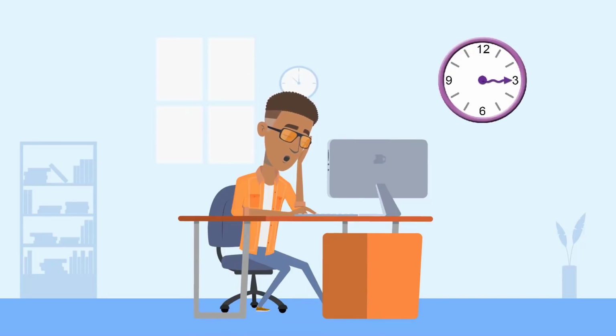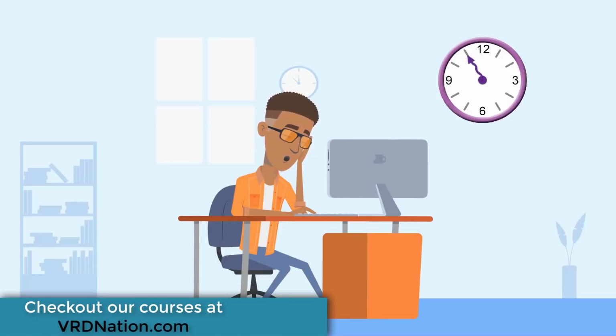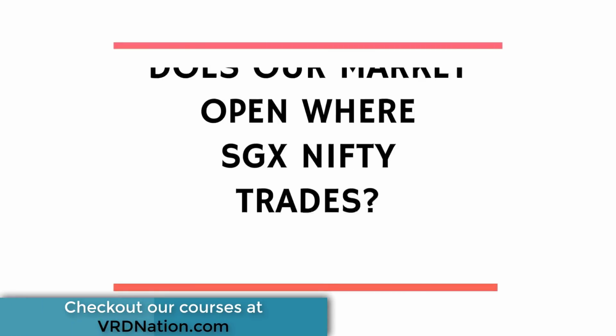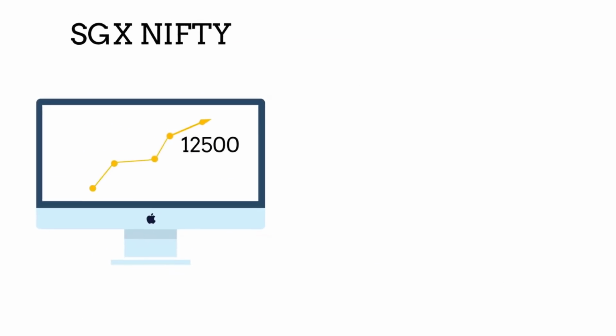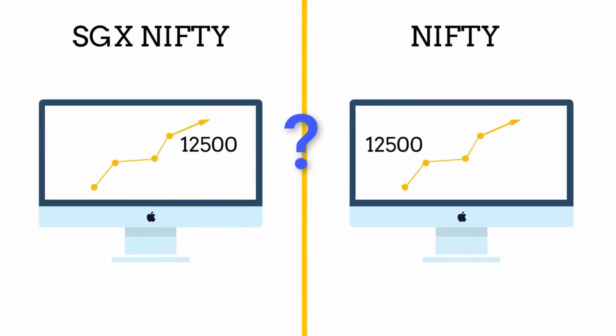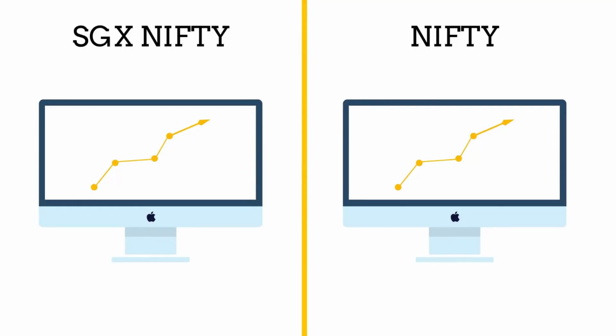Now, apart from that, there are some traders who track SGX Nifty even during night times, but I don't really see a lot of value in doing that. Now let me answer a very important question for us. Does our market open at the same level where SGX Nifty is trading? So for example, if SGX is trading at, let's say, 12,500, does it mean that Nifty will also open at 12,500? Ideally speaking, both Nifty and SGX Nifty should trade at the same levels, but in reality, it doesn't happen